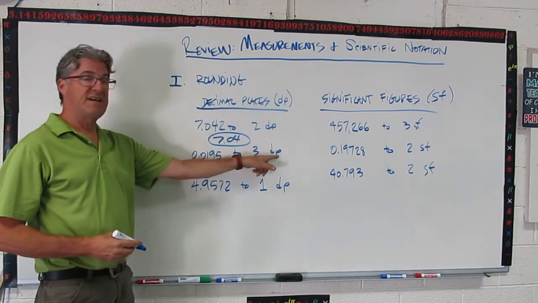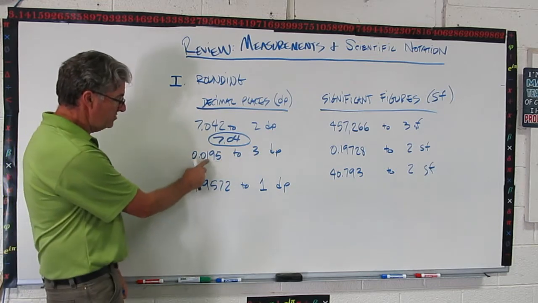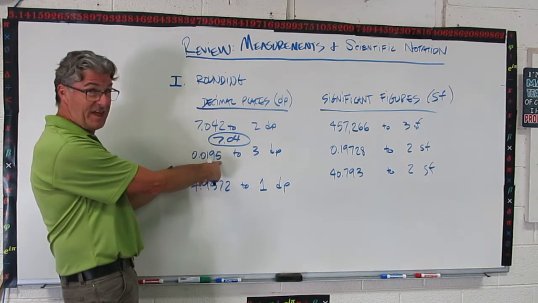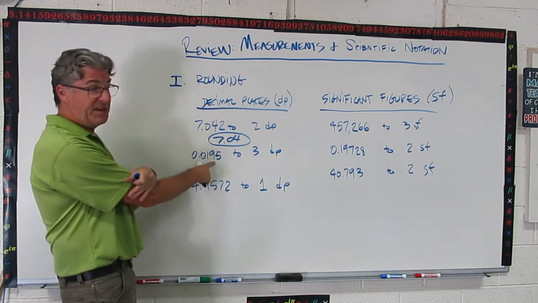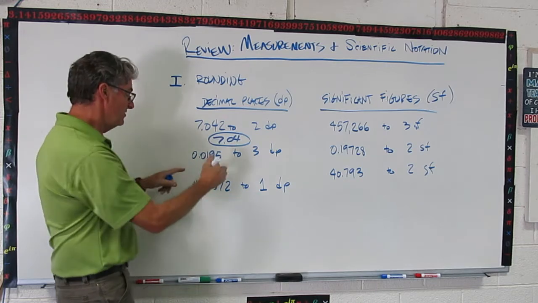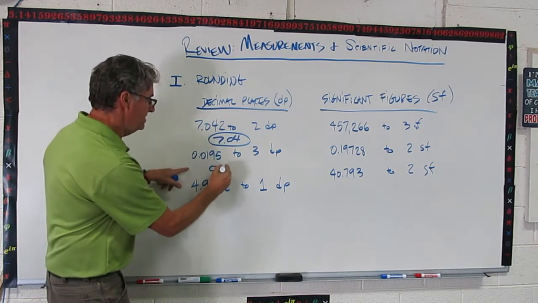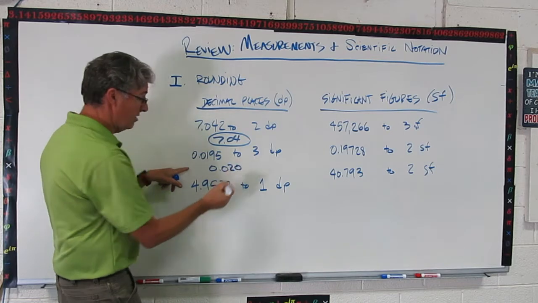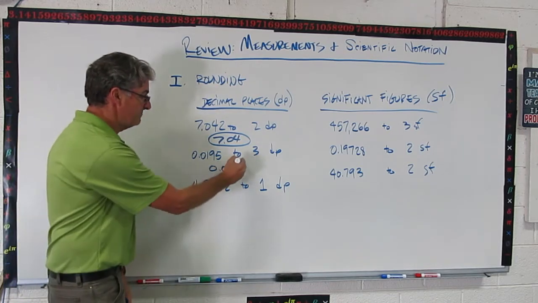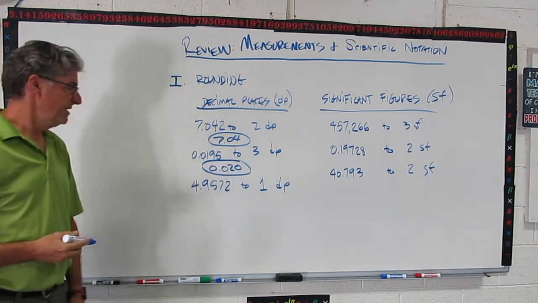0.0195 to 3 decimal places. 1, 2, 3. That's the 9. So we look at the next number. That's a 5. This is going to bump the 9 up. What happens to the 9? It goes to a 0. So this one's going to be 0.020. So that is how you would write it for this one. Okay? Last one,